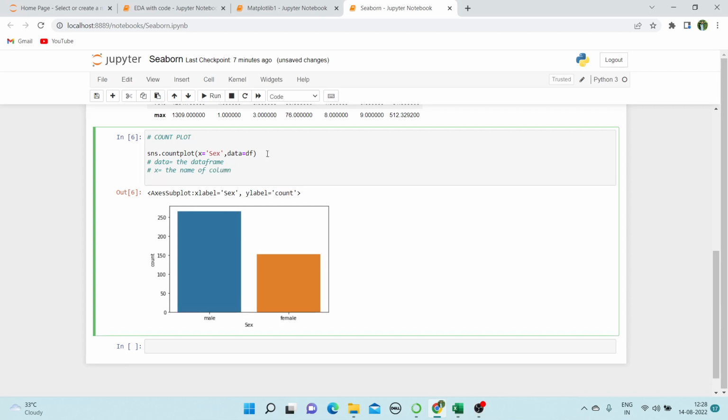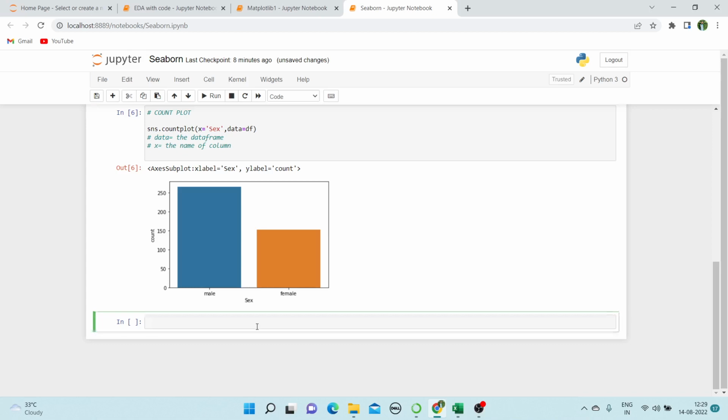Now, from this graph, we are getting the number of male passengers and female passengers, and we can notice that the number of male passengers was about twice the number of females. We can further break up the bars of this count plot using a color palette. So let's do that as well. We are now going to break up the bars in the count plot based on another categorical value, and the color palette of the plot can also be customized over here. So let's do that. So sns dot countplot